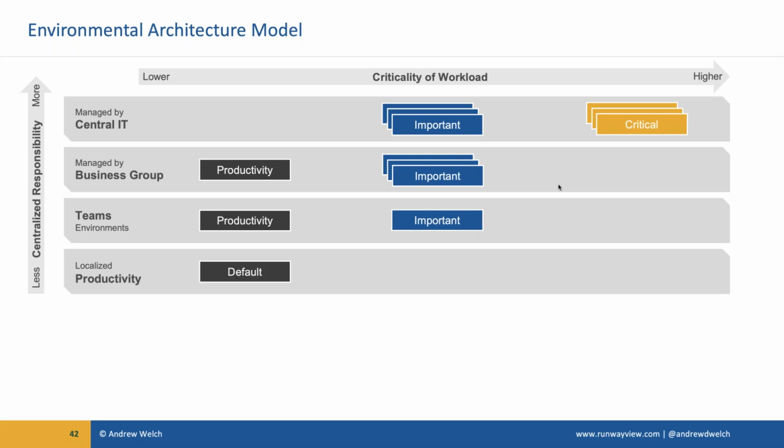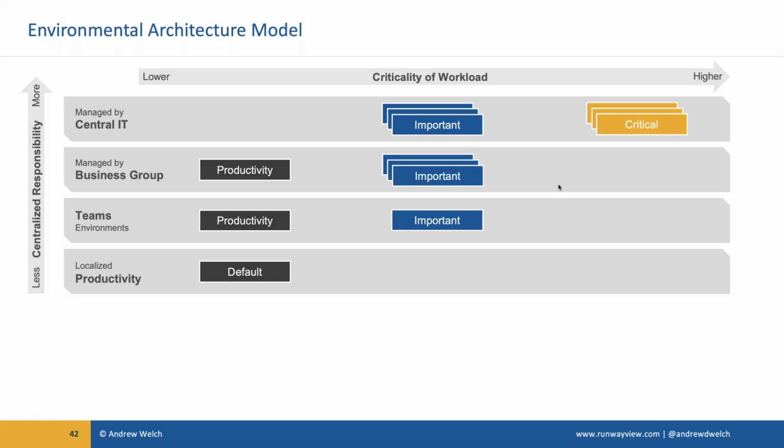And then finally, our localized productivity environment. Every 365 tenant running Power Platform will come with an environment called default. That default environment, we really recommend that you rename it to be called productivity applications. There's a running joke amongst many of us that what we really should do is rename the default environment and call it apps to be deleted and see how people handle that. But so far, I don't know if anyone's done that.